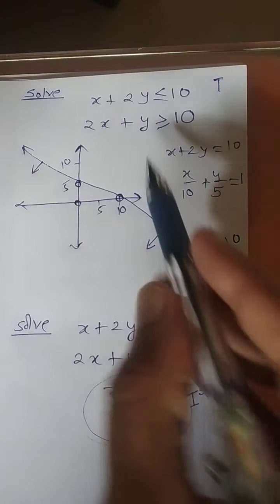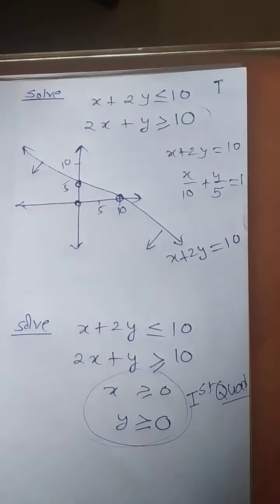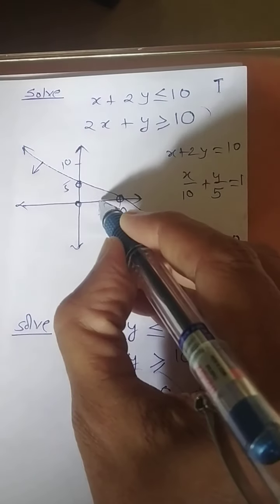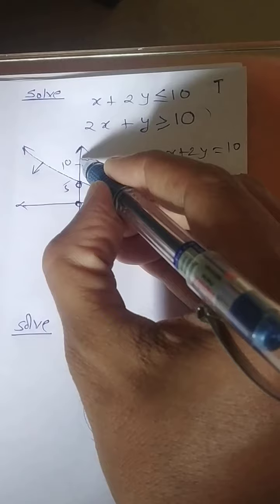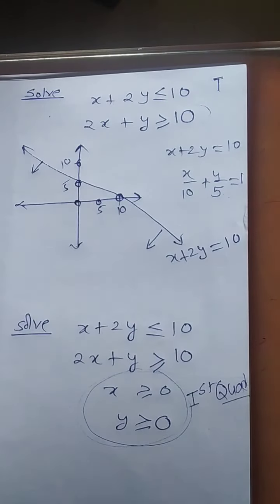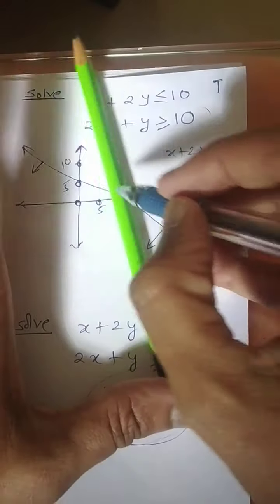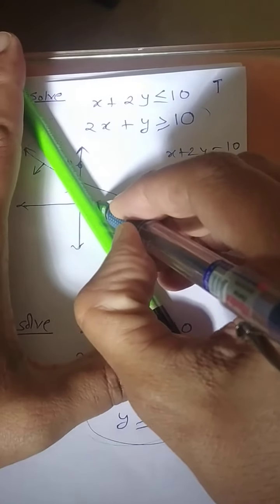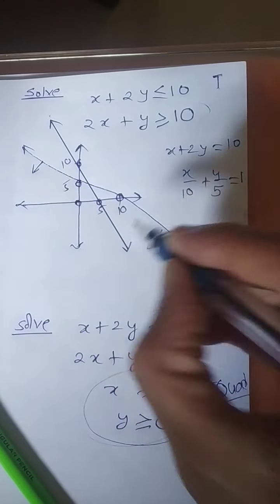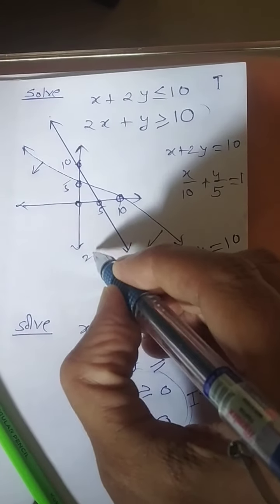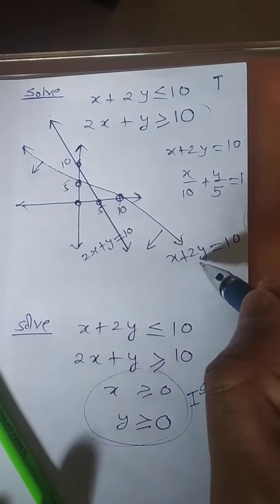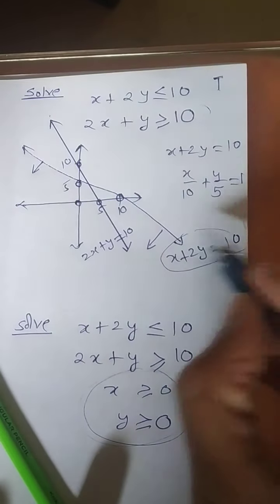Similarly, write this equation and tell me what is the x intercept. Correct. X intercept is 5. What is the y intercept there? 10. Correct. Y intercept is 10. So another line is passing through these two points, 5 and 10. You will be getting this kind of line. What is the equation of this line? Always remember, you write the equation of the line in equal to form. This is for this line, this one is for this line.